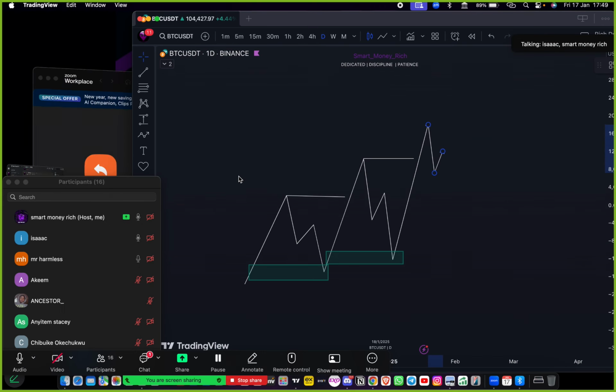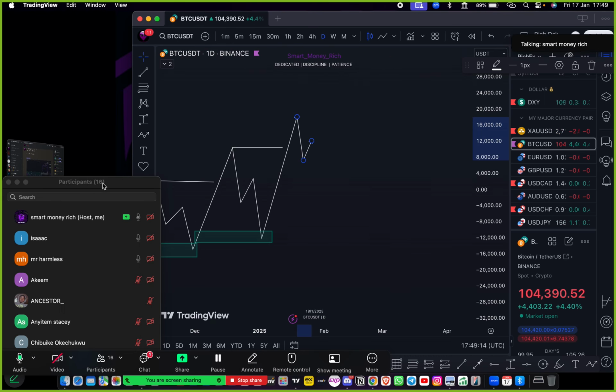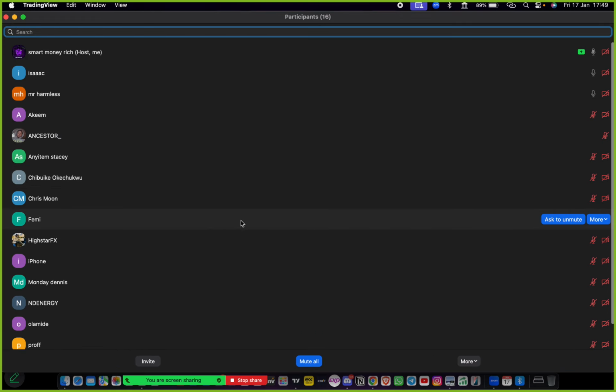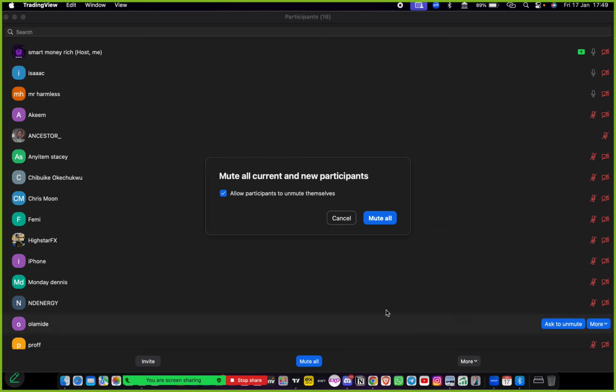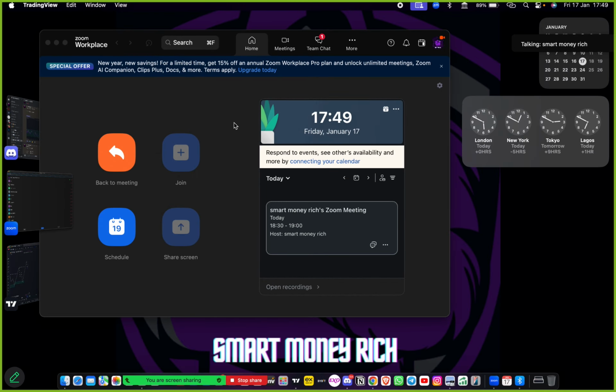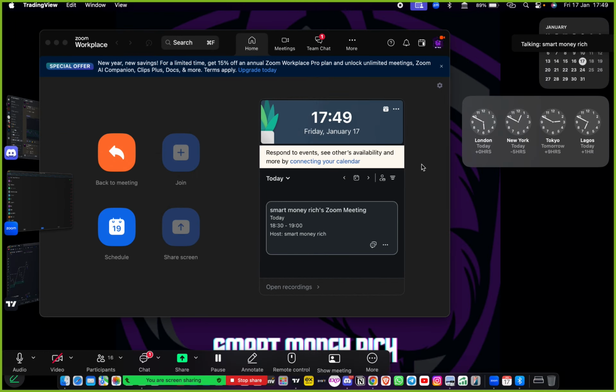So the fib tool is what is going to tell us where we are going to be entering the market. You understand, guys? This tool is going to tell us where we should be entering the market. So in this case, we are then going to use our fib tool